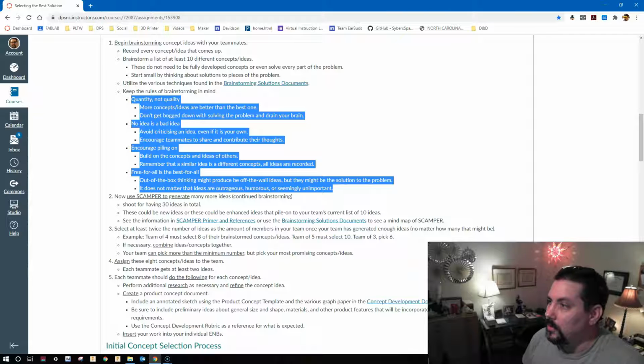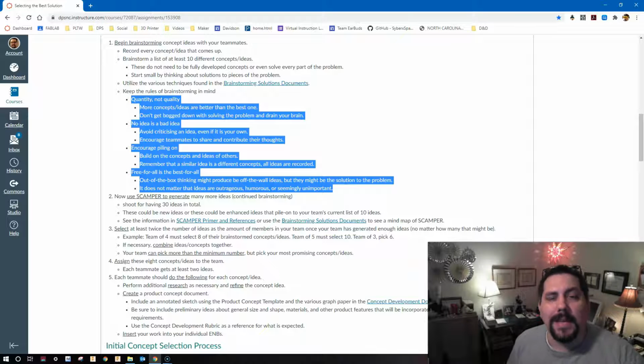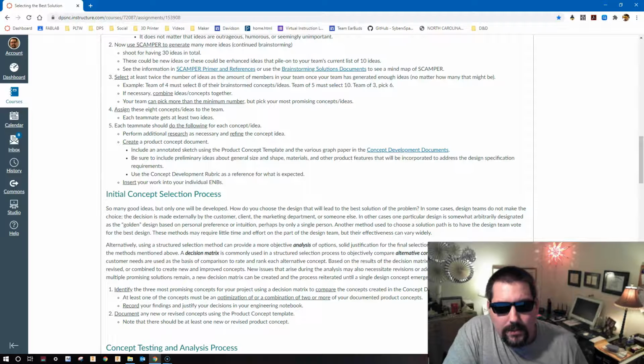Want to develop a new shoe? Maybe it should have jet propulsion for some reason. Want to have laces that tie themselves? Maybe you want to have fingernails at the ends of your, I don't know, whatever. You get the idea. The second thing that you're going to do for this part is now use SCAMPER to